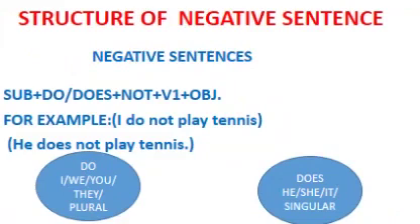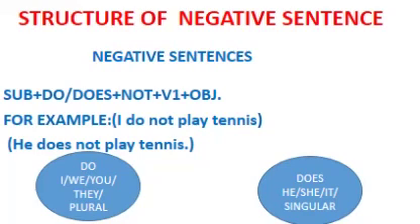So now we come to its second type, that is negative sentences. So what are negative sentences? Negative sentences are the sentences which have "not" in the sentence. So now we talk about the structure. The structure of a negative sentence is